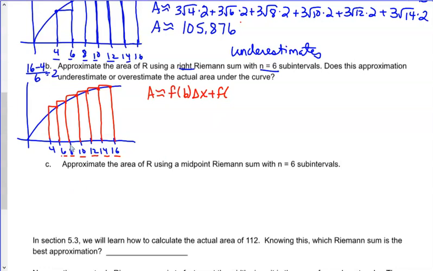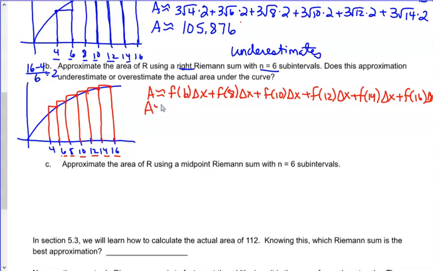Plus, the next one was 8. I used 8, so I need f of 8 delta x. I'm going to continue that through to 16. Okay, again, I told you some of this might be a little bit of writing, but it's building our foundation. So if I plug 6 into my function, which was 3 square roots of 6, and then times it by my delta x, which is 2, then I'm going to do the same with 8, with 10,